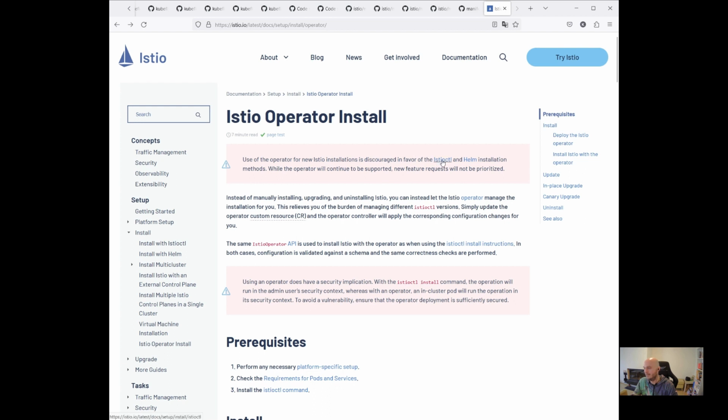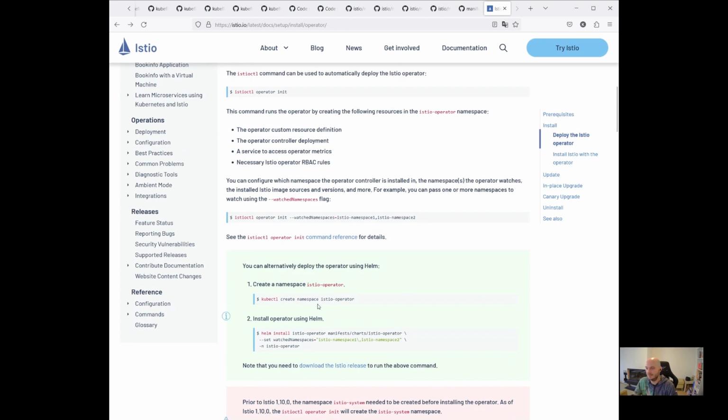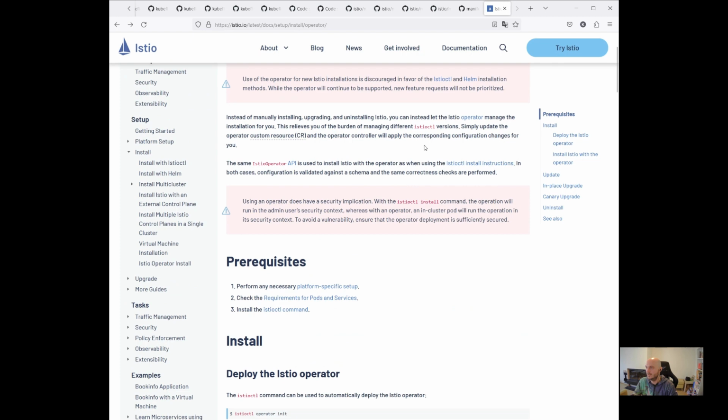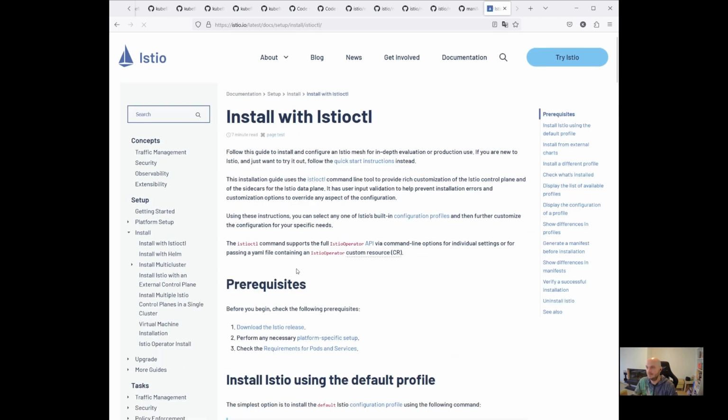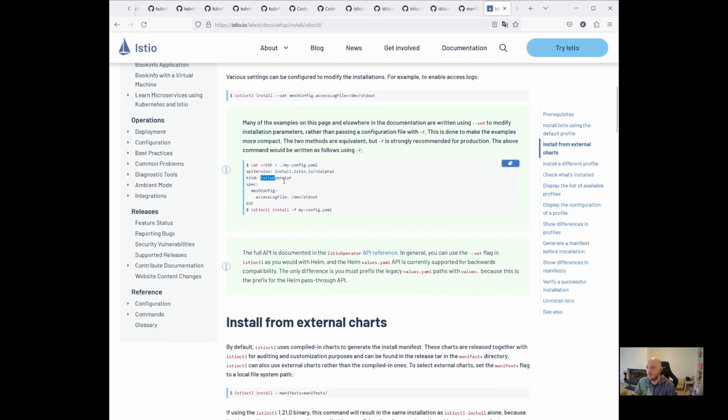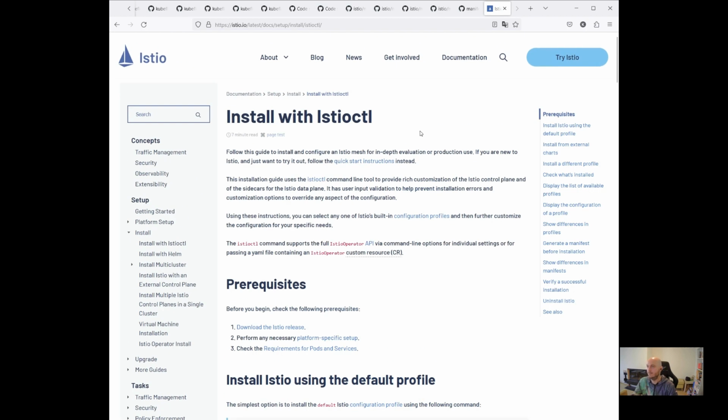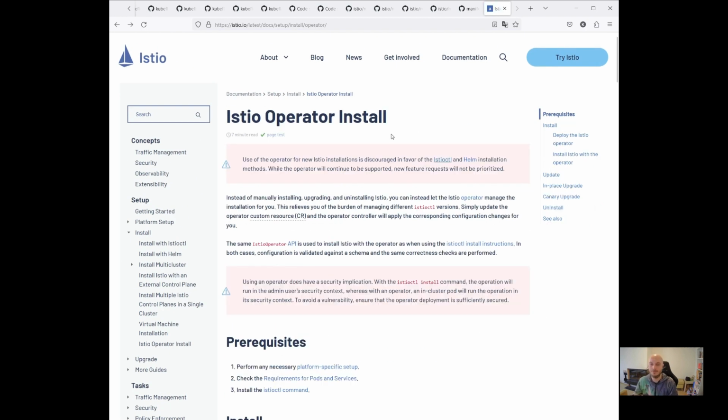Here I'm a little bit confused because it says the Istio operator usage is discouraged, but then when we go to istio-ctl, it also uses the Istio operator, at least for the manifests. Well, whatever. We are focusing on Helm, so